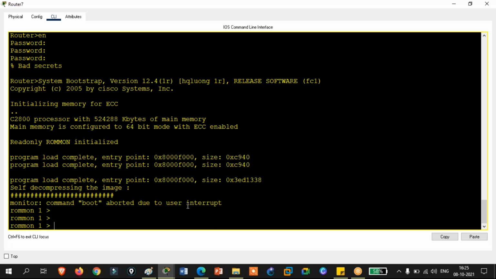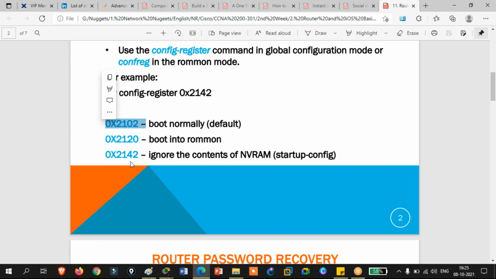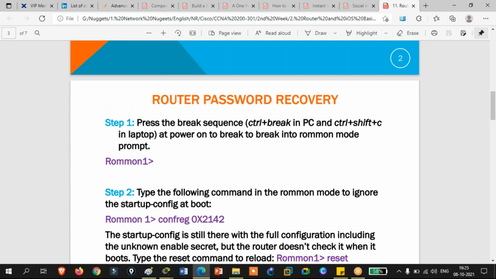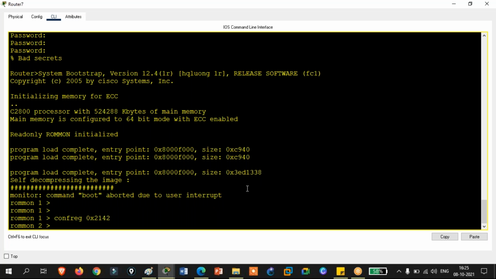Now, when you are here, you need to change the value of the configuration register from 0x2102, which is the default, to this one. So how to do that? This is the command: confreg, conf for configuration, reg for register, 0x2142. Enter. That's the only thing you need to do.